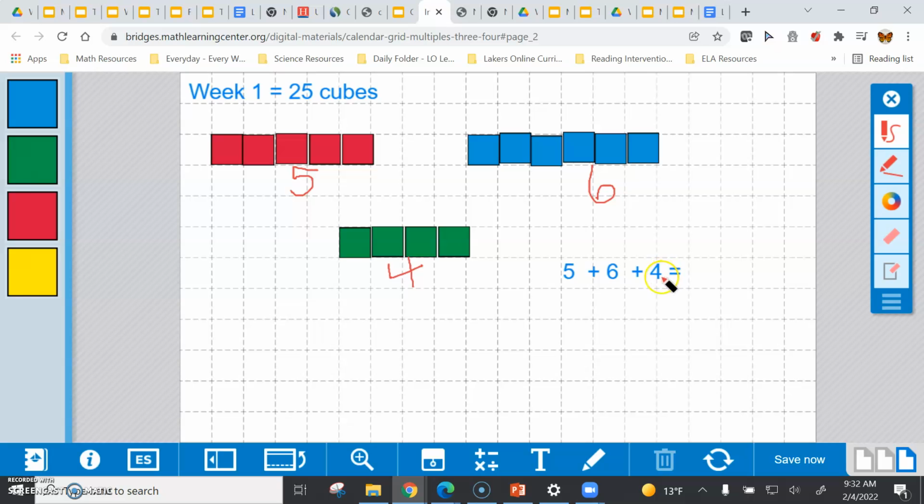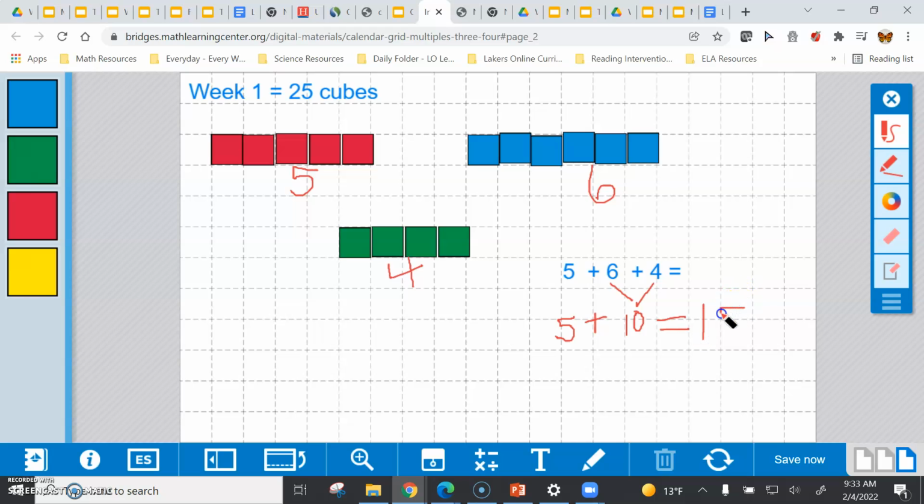Is it 5 plus 4? Is it 5 plus 6? Is it 6 plus 4? If you said 6 plus 4, you are absolutely correct. 6 plus 4 does equal the number 10. And then I would just add the 5 to it. So now the math equation is 5 plus 10. 5 plus 10 is